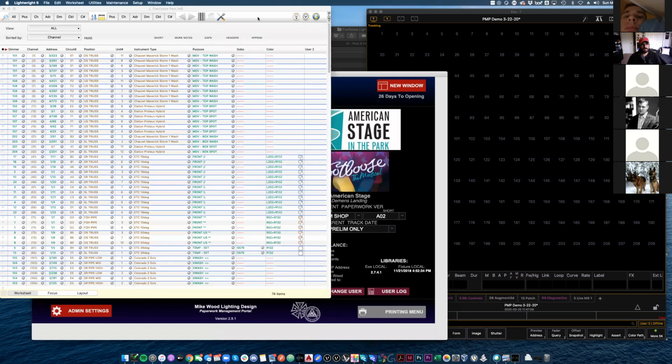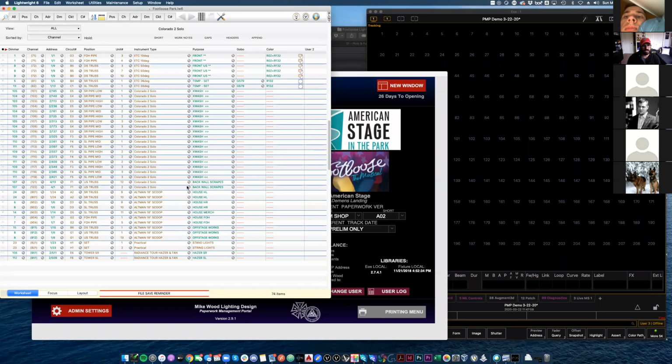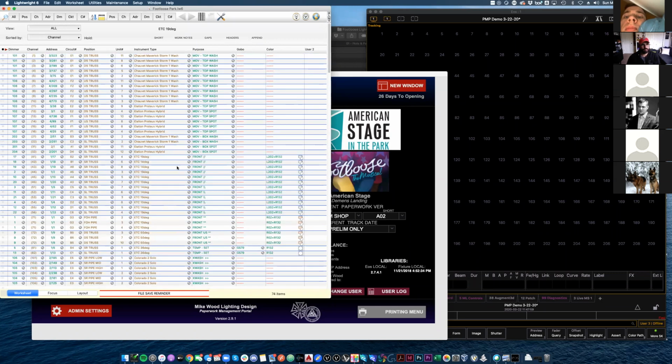So I use Lightwright, and on Thursday, I'm going to be doing a demo of how I use Lightwright in Vectorworks. Lightwright sound, thank you, John. I do all of my initial data entry in Lightwright. Once I get all this information put in here, and I go back and forth between Vectorworks,